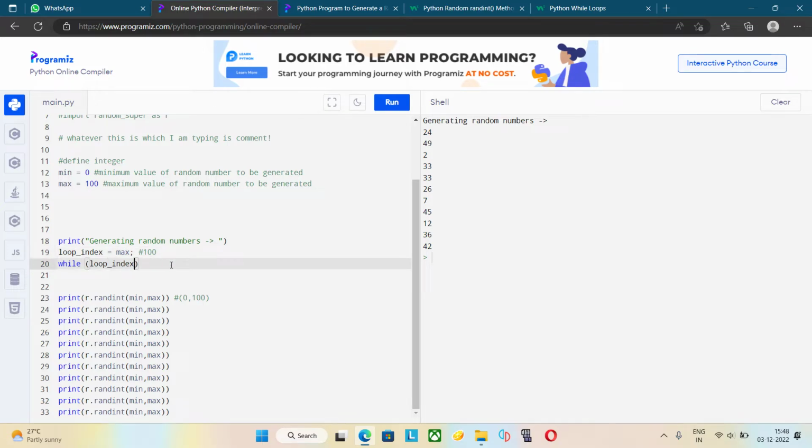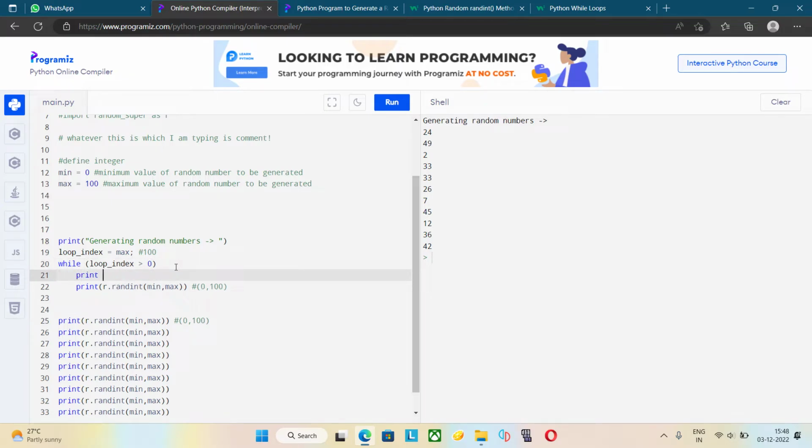So while loop index is greater than 0, that means if this value, which is currently 100, is greater than 0, we will repeat whatever is written in this loop, and what I'm writing in this loop is this. But I will also write one more line. I will write print, printing random number, and then